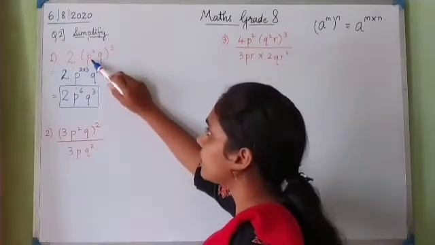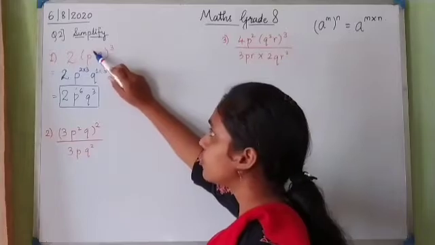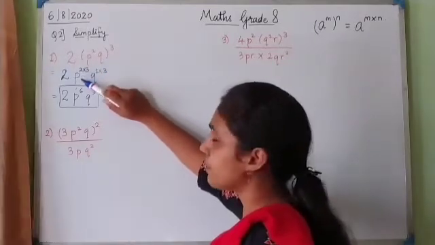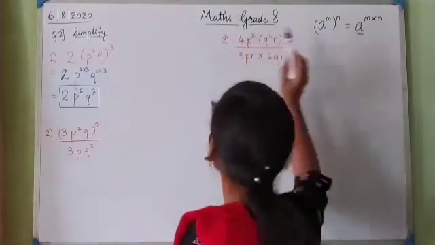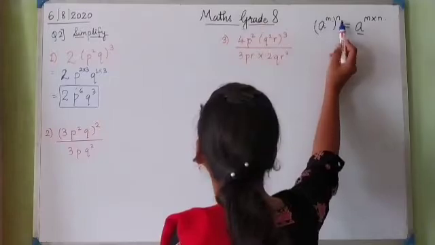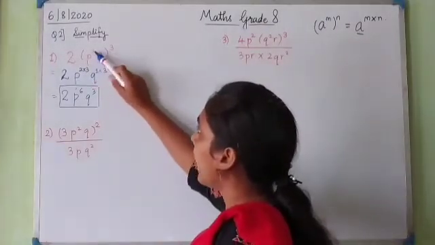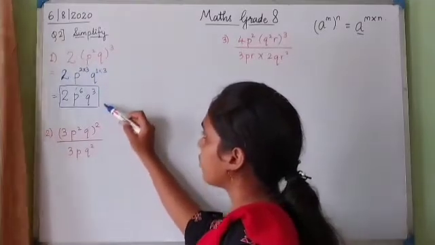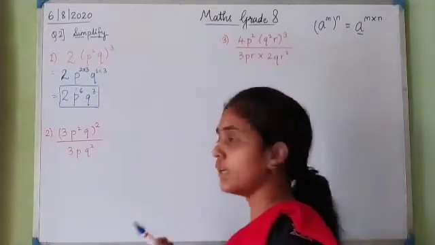Then this 3 will get multiplied to each variable which is there inside. So it gets multiplied to the power of p, which is 2, and the power of q, which is 1. So I write p as it is. The base will remain as it is. See here, the base is the same as this, right? Only the powers are getting multiplied. So the base remains p only, and the powers 2 multiplied by 3 and q 1 multiplied by 3. So by multiplying the powers, we get 2p raised to 6, q raised to 3.